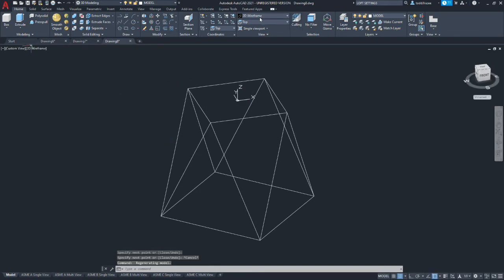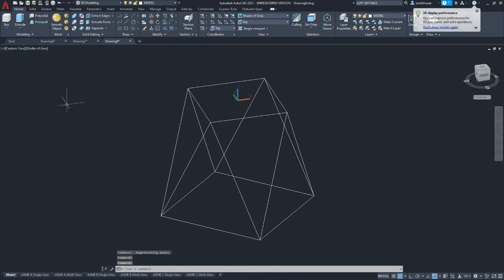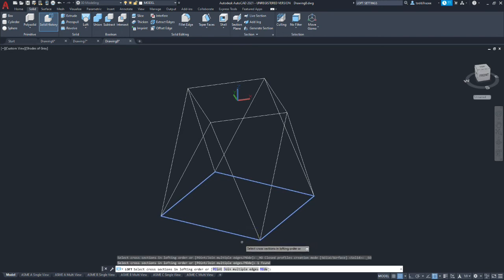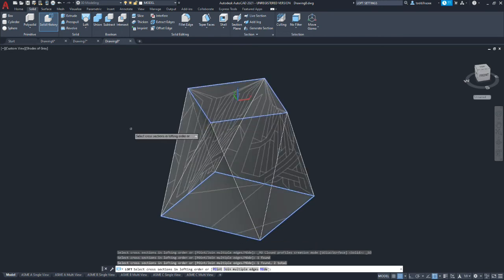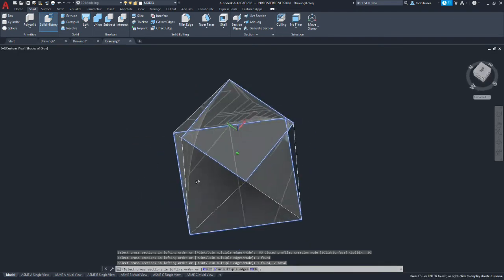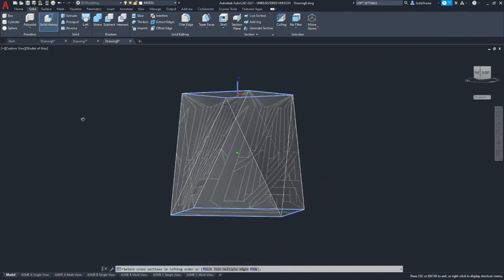Okay, so now I'm going to go ahead and move to shaded and see if this works, but we're going to go to solids. We're going to select loft, and we'll select our first cross section, our second cross section, and you notice we get this weird kind of twist. That's what it's going to make without the guide curves.